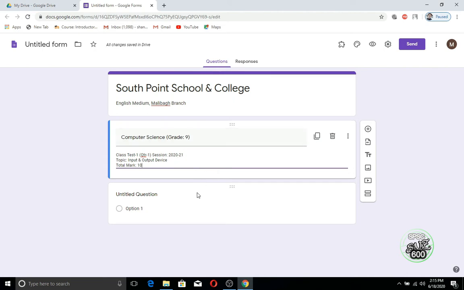Now I will start with my question. After writing this you have to know about the question types you can add. It will be better to give true, false, fill in the blanks and MCQ questions. So it can be checked automatically, but you can also give short questions and broad questions, but those questions cannot be checked by the computer. You have to check manually. So for this I'm adding true, false, MCQ and fill in the blanks.